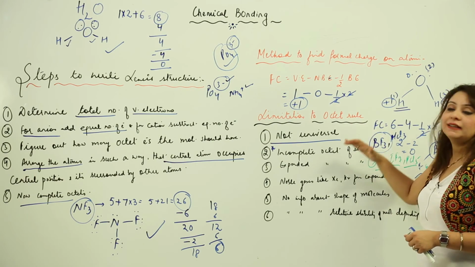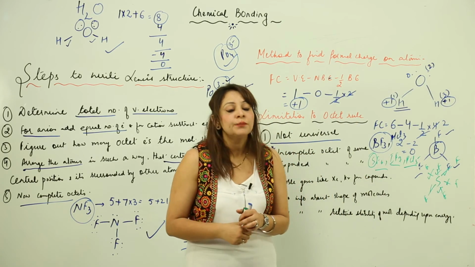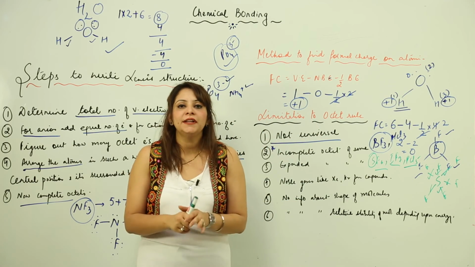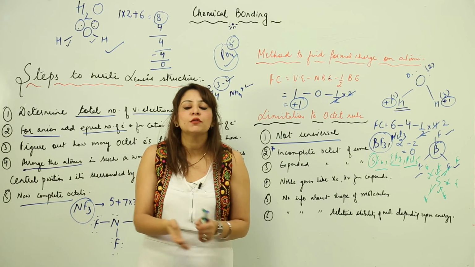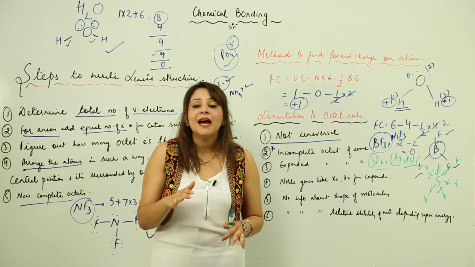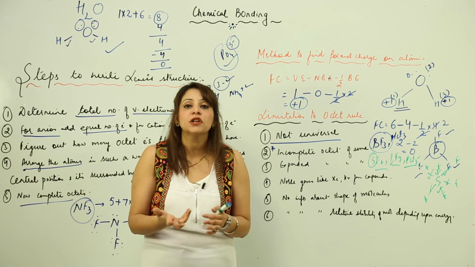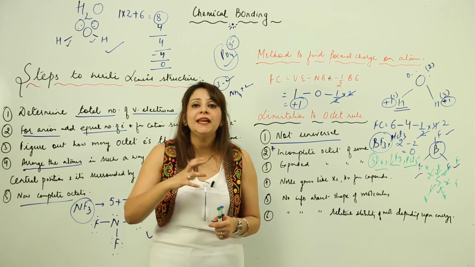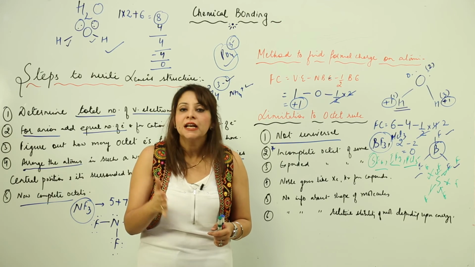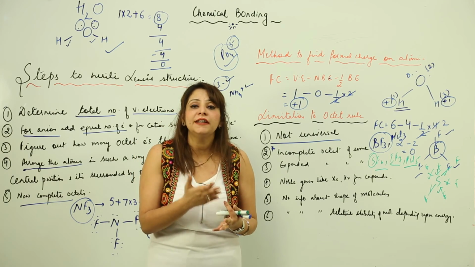Likewise, when he stated that the octet is the reason behind the combination, we saw in the periodic table that there was group 18, the noble gases, which all had 8 electrons in their outermost shell. That means there is no need for them to combine with some other atom because their octet is complete, because the reason an atom combines with another atom is to achieve the octet, right? This is the given reason.